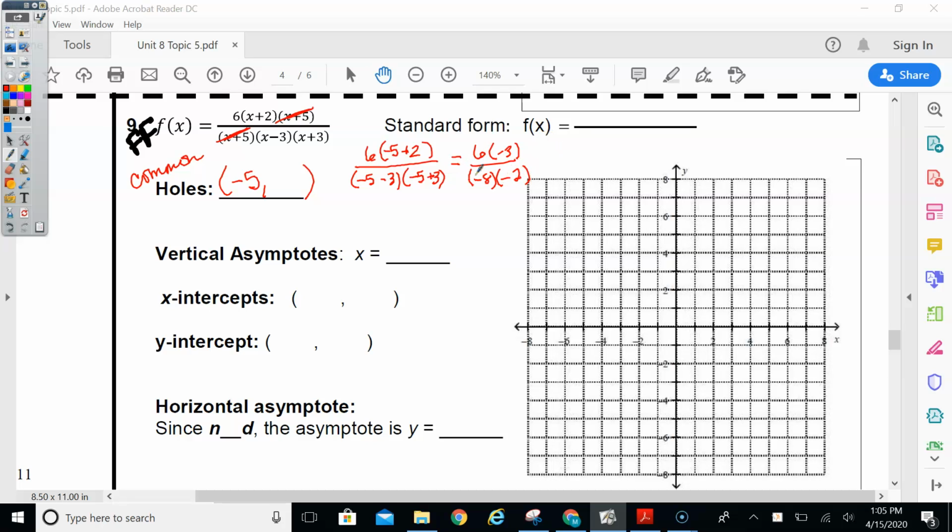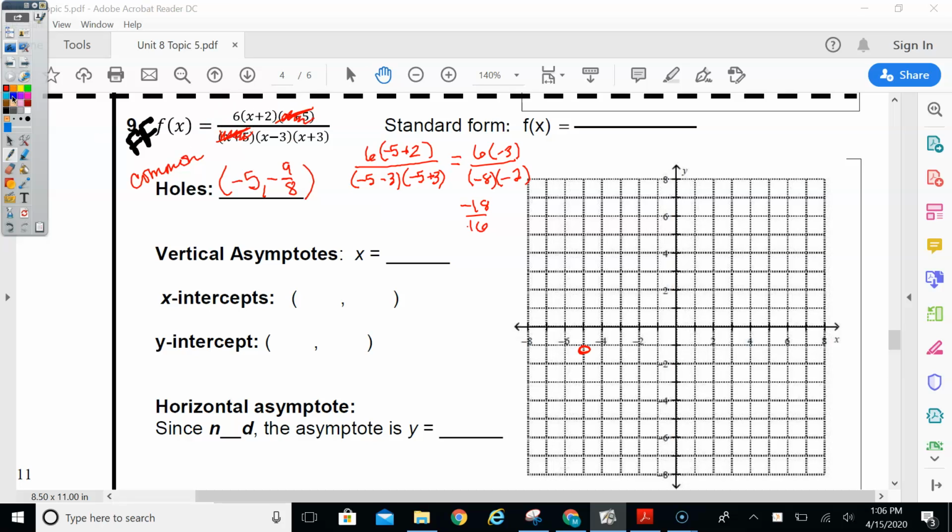So we get, write it over here, -18 over +16. And this reduces, so dividing them both by 2, reduces to -9 over 8. So that means we have an open circle at -5 and just a little below 1. That's like -1 1/8. So -1 and just a little bit below it. Open circle there. Okay, so now from what's left over,